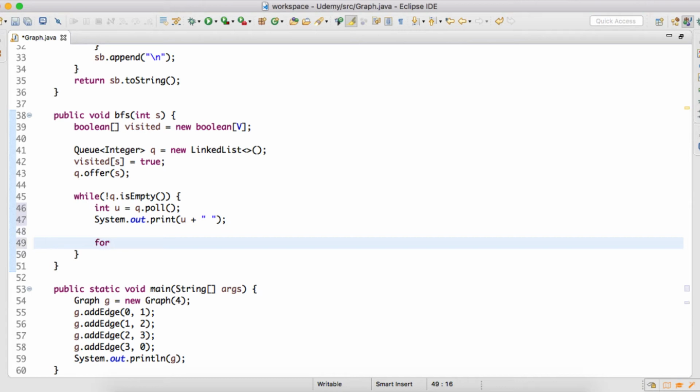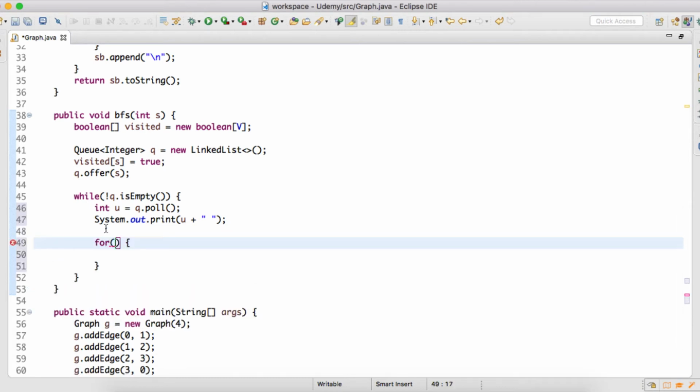So we provide a for loop which will traverse the adjacent nodes of u. Let's say we call each one v, and to get the adjacent nodes of u, we bring the adjacency list at index u. To understand this more, you can watch my previous tutorial on what an adjacency list is and how we can fetch the linked list associated with any particular index.